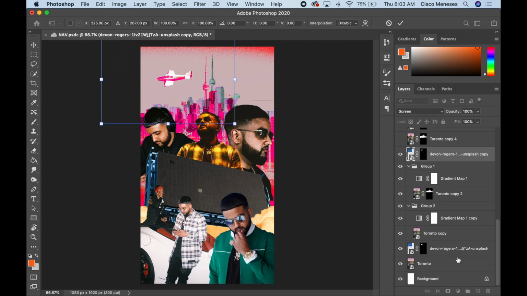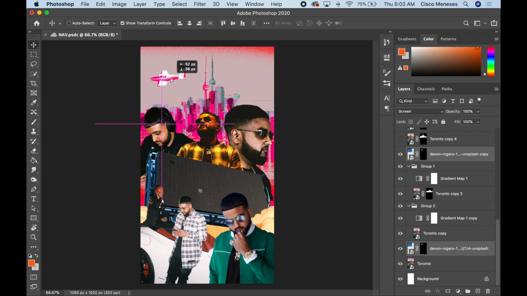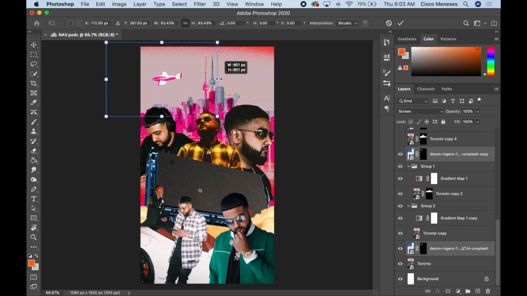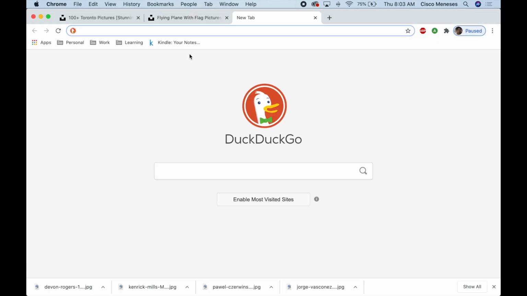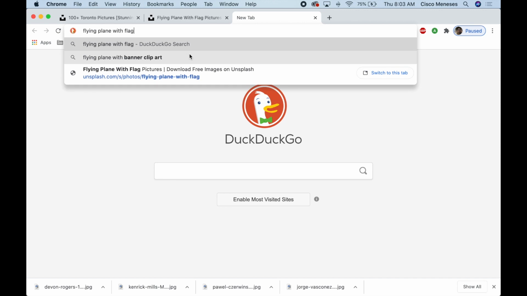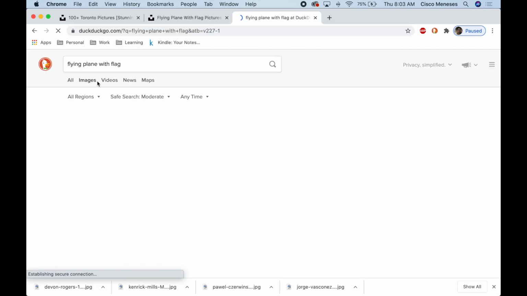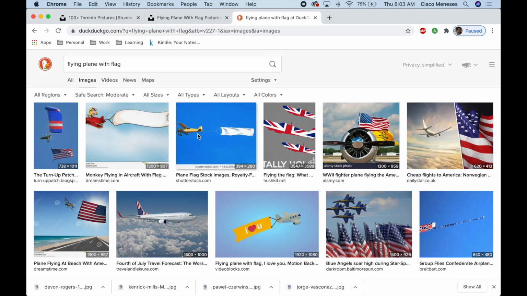Interesting. So the problem is, these two are in separate layers, but what you can do is select one, hold Command, and select the other. Okay, and then we're gonna make this a little smaller. And what I want to add is, we're gonna have to probably go on Google. I use DuckDuckGo, flying plane with flag, or it's probably banner. That's probably what I'm looking for. I just saw that. See, you see this kind of idea,